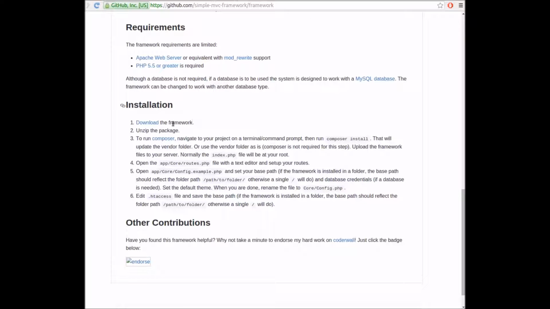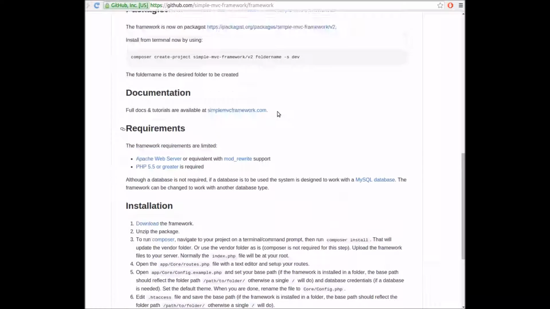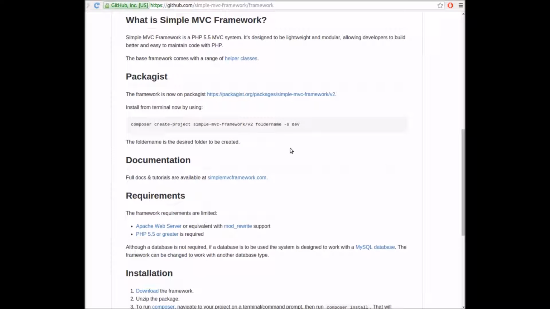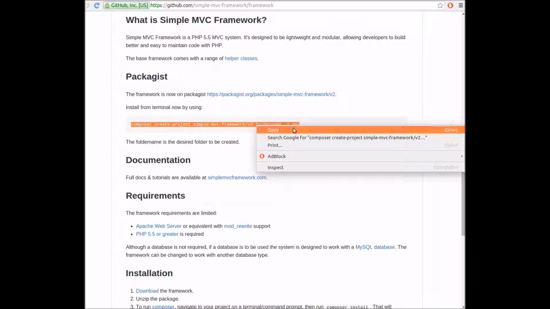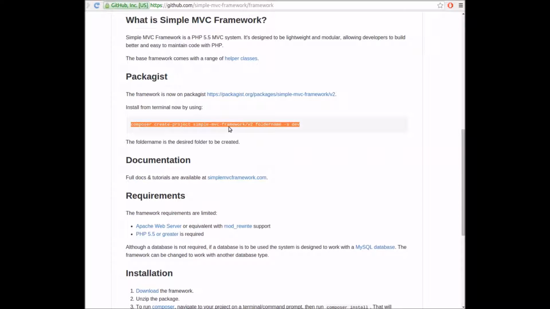For example, they say download the framework, unzip the package, and run Composer, you navigate. So you can read all through this and decide to choose whatever you want, or how to install it. As I said, I'm using terminal, so I'm just going to copy this, and I'm going to open my terminal,